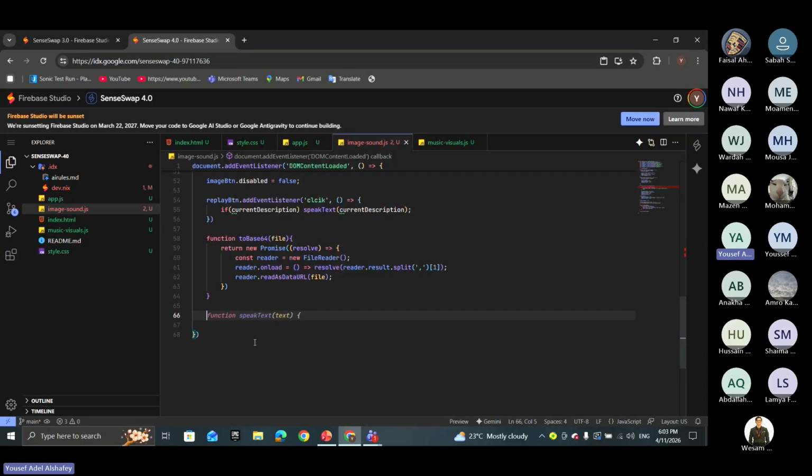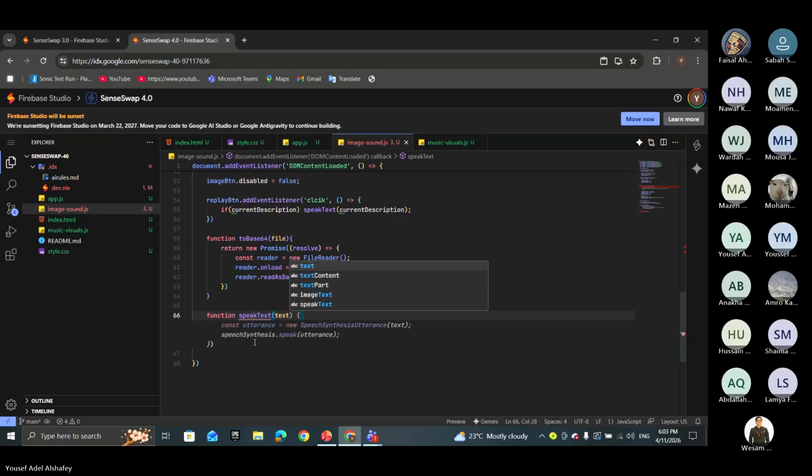This function will use the browser's built-in Web Speech API, and that's how it's going to read aloud the text. So let's create it. Also the function speakText parentheses text, brackets,